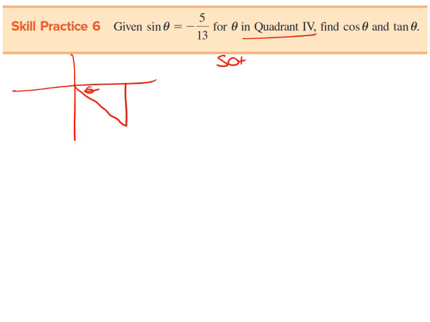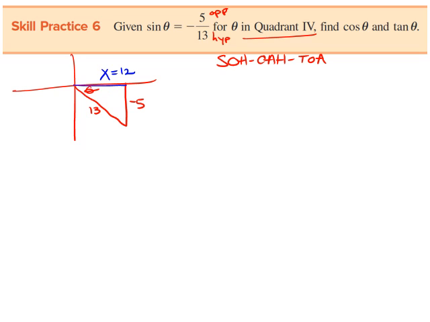And SOHCAHTOA helps me identify the given values. If this is equal to sine, this is the opposite, and this is the hypotenuse. The hypotenuse is always positive, which means this is negative 5. Oops, call this x. We will find that missing side using the Pythagorean theorem. For the sake of time, you should find that this is 12. Okay,